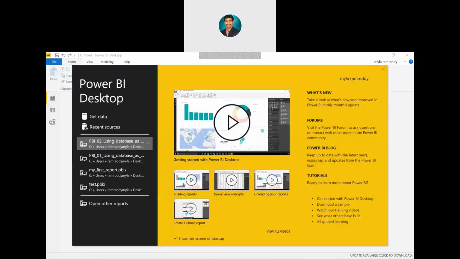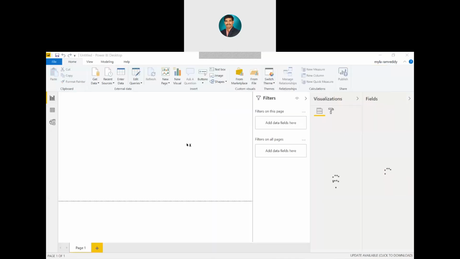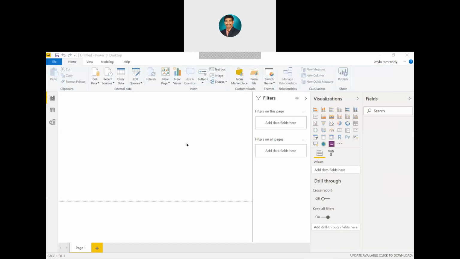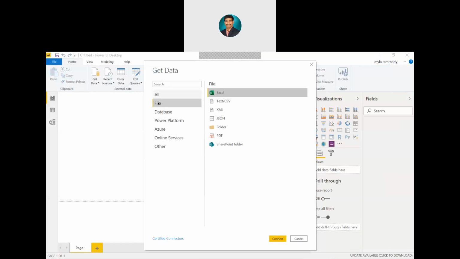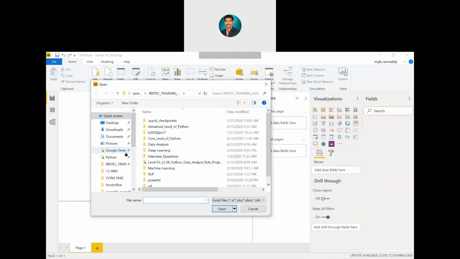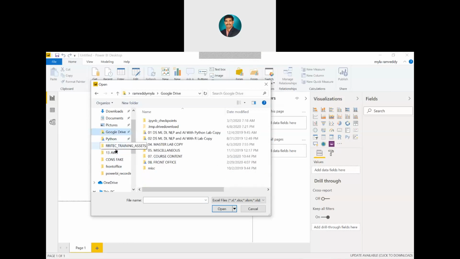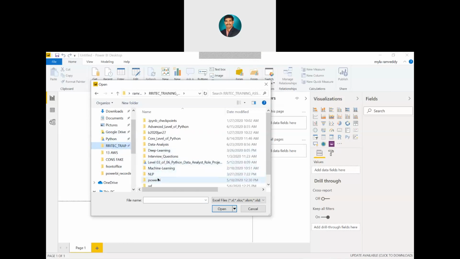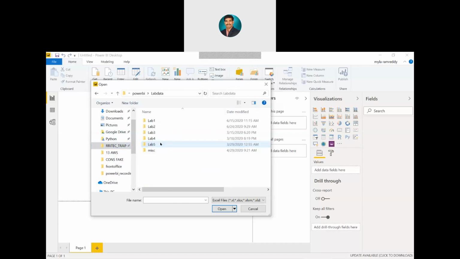Now we are trying to get the data from the Excel sheet. Let me take Excel here, file, then Excel, then connect. Now we are going for lab data, then lab 2, then understanding relationship.